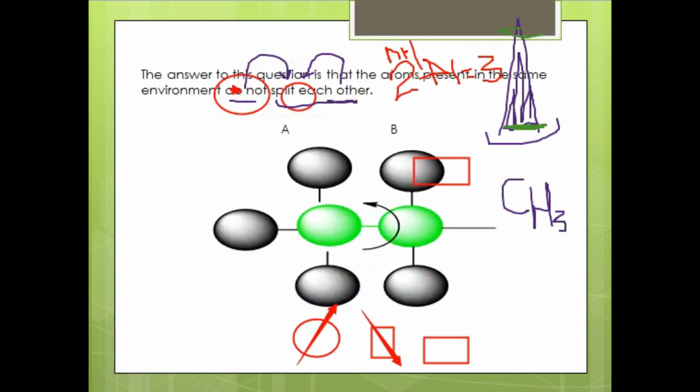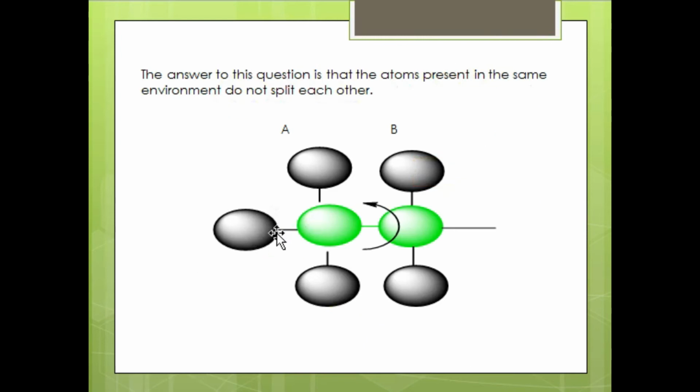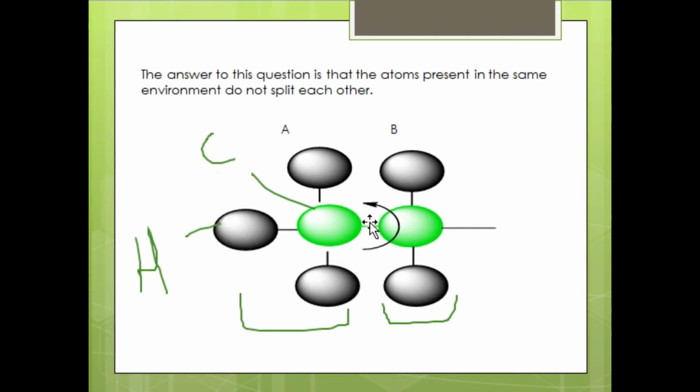As we can see here, this is clear that this is a methyl group and this is a methine group. This represents a carbon atom and these are the three hydrogen atoms. Now let's see here. If we rotate this molecule from here to here, we see that these methyl hydrogens rotate as follows. Just imagine, it will be easy to understand.